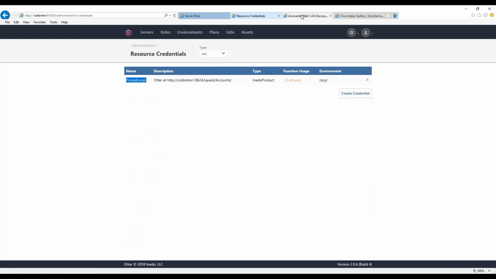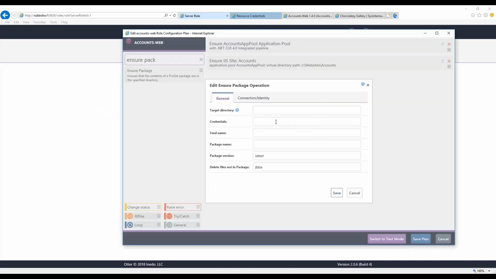And in this case, all I need to do here is go back to our configuration plan. I will say our target directory C:\websites\accounts. We'll use the credentials ProGet local. That's the username and password that I've already configured. And you'll see by using that, Otter is able to query the feeds inside of ProGet. In this case, I just have accounts. So I'll click accounts, and it's also able to query the packages in that feed. Accounts web. Of course, it'll also give us the versions, but in this case, we'll just use the latest version